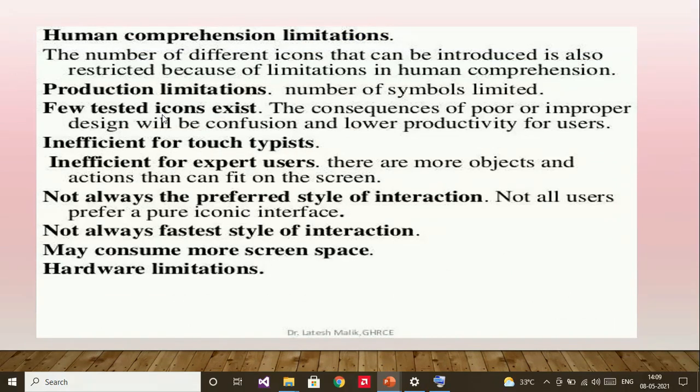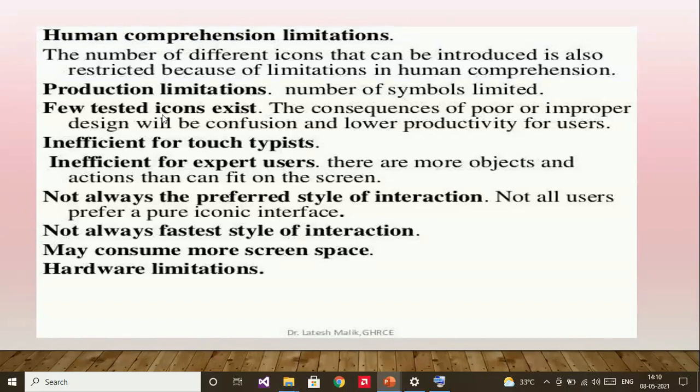Next disadvantage is human comprehension limitations. Human limitations may also exist in terms of one's ability to deal with the increased complexity of the graphical interface. The variety of visual displays can still be challenging for most of the sophisticated users. The number of different icons that can be introduced is also restricted because of the limitations of human comprehension.